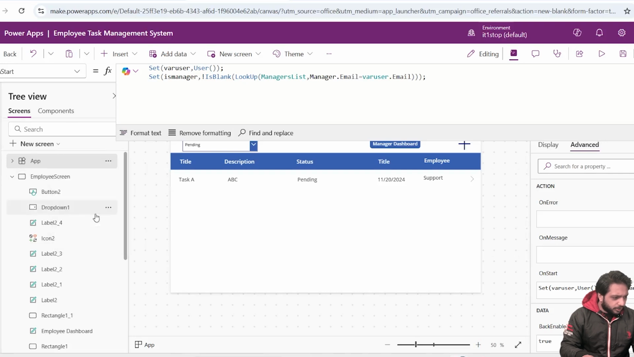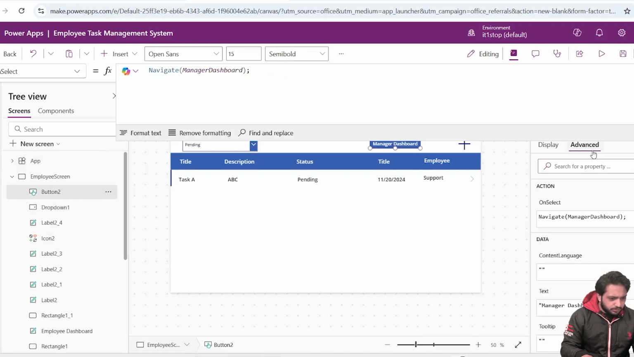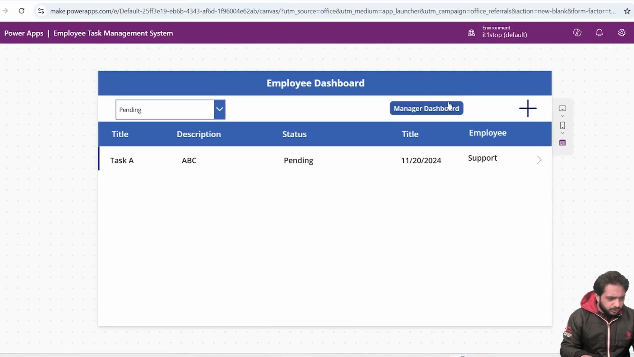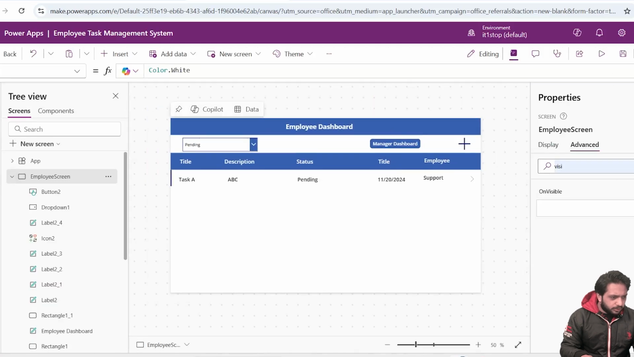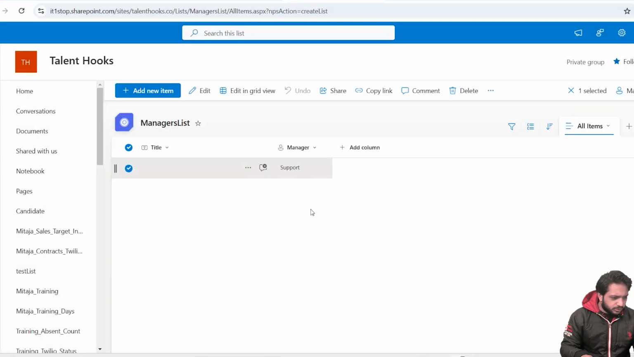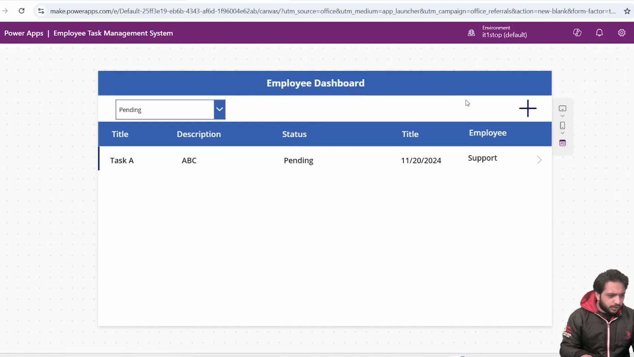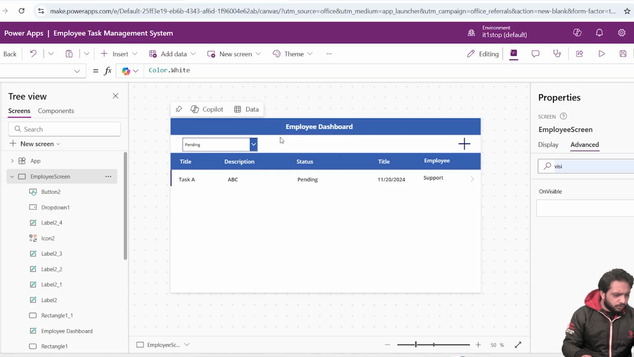Now first I will run on start, and in my manager dashboard in the visibility condition I will select my variable isManager. Now if I preview it, I can see my manager dashboard. Now for cross checking, I will delete my record in the manager list. Before previewing, I will just refresh it from the background. Now after running on start, I cannot see my manager dashboard. So this is how you can add two different screens for the employee and the manager and create a task